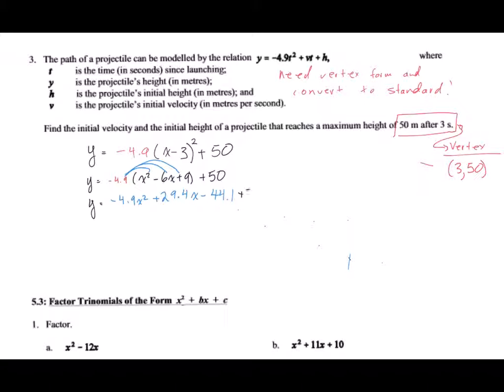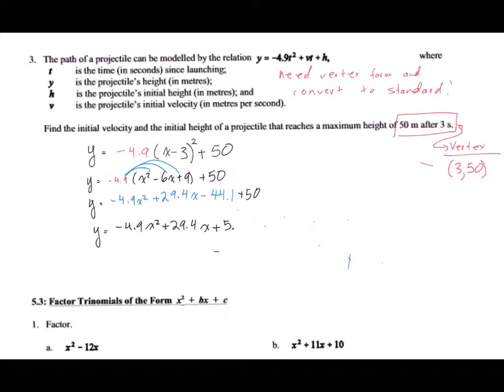Now what we have to do is collect the like terms. The only like terms that are similar are going to be the 44.1 and the 50. So we're going to get negative 4.9 x squared plus 29.4x plus